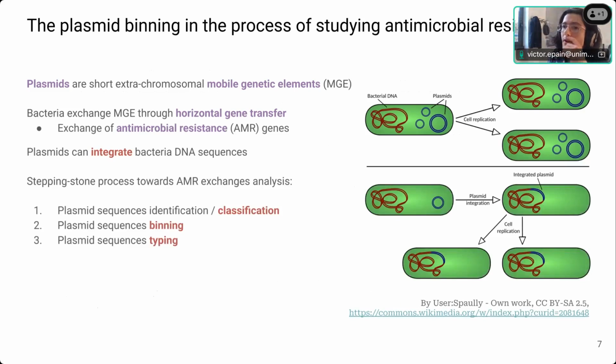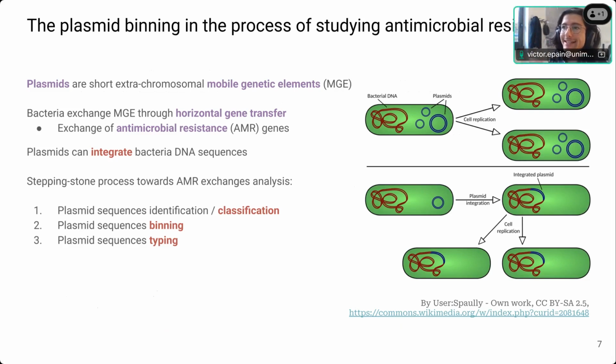So first, the plasmid binning is in the process of studying antimicrobial resistance, so for clinical issues. Plasmids are short extra-chromosomal, so they are alongside the chromosomal DNA sequences of bacteria. They are in bacteria cells, and they are mobile genetic elements, which means that they can move through different bacteria or incorporate into the DNA sequence of the bacteria.